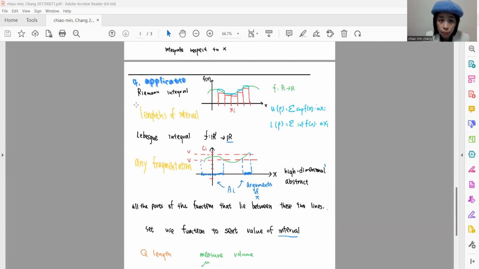comparison between the Riemann integral and the Lebesgue integral. So you can see what we mentioned before. This is the summary of them. And this one only uses these two lines to calculate; the Riemann integral uses the length of the interval. The Lebesgue integral needs to calculate all the fragmentation. So you can see, in these two parts, in these two lines, they will calculate all of them into more